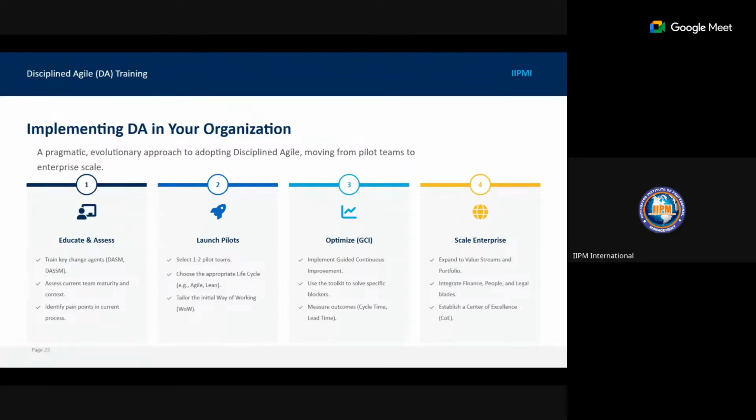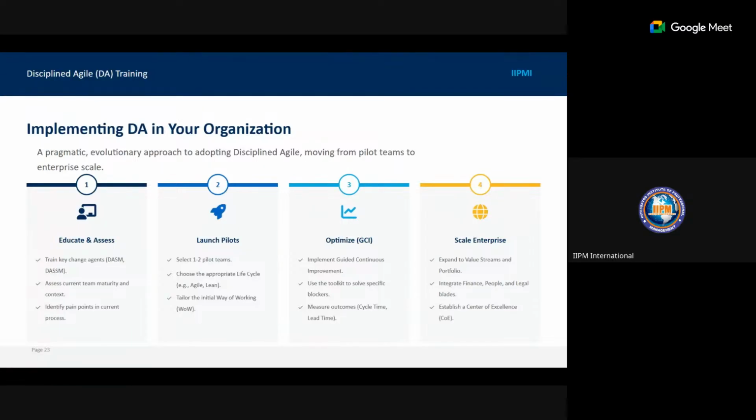Then optimize with your guided continuous improvement. Okay, optimize, that's using your guided continuous improvement. Remember the Kaizen mindset? So you have to introduce the Kaizen mindset in your guided continuous improvement cycle.